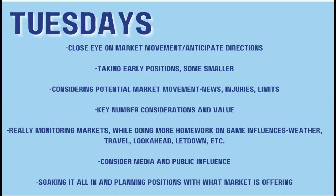Check out the schedules, because you might have a team that's in a sandwich situation or a look ahead situation. Maybe they're coming off of a letdown situation the previous week. And so thinking about some of those motivational type positions that the teams and the players may have for that particular week. But I typically also will be keeping my eye on the media and the public influence,